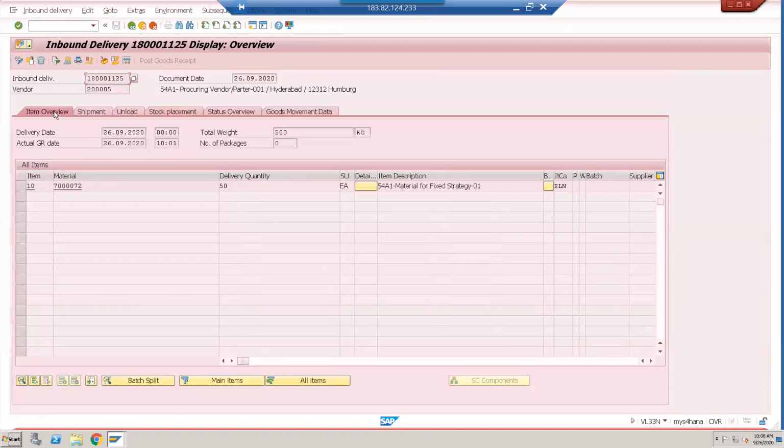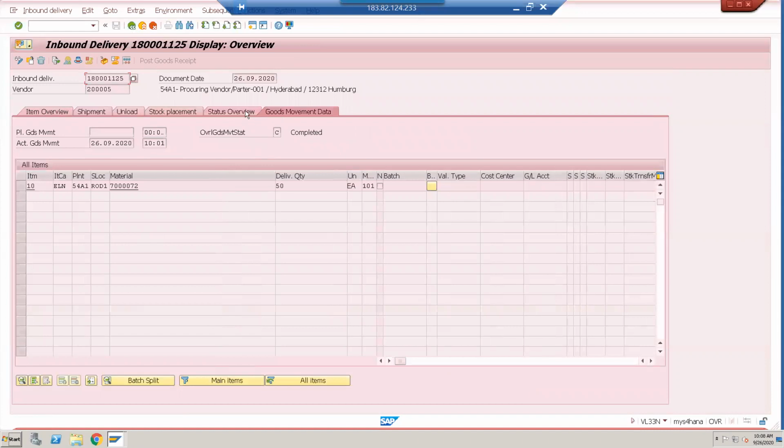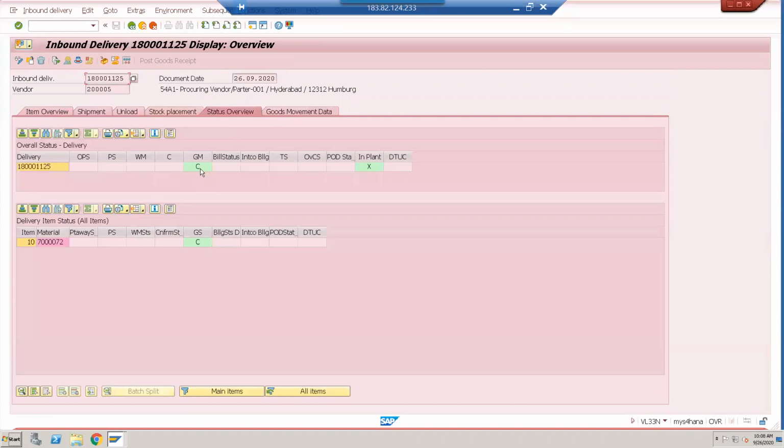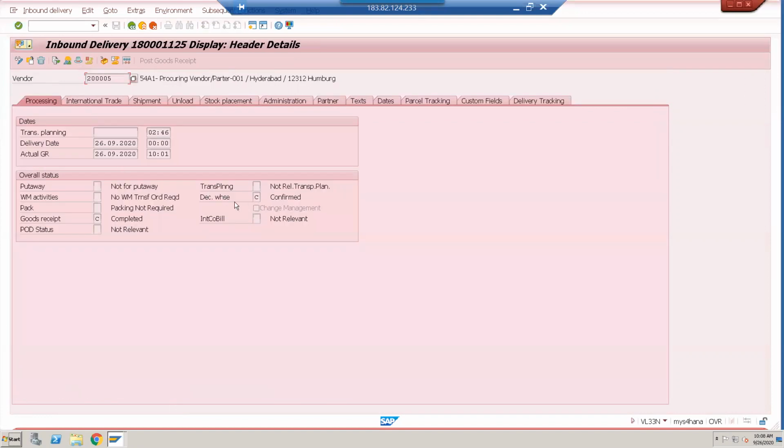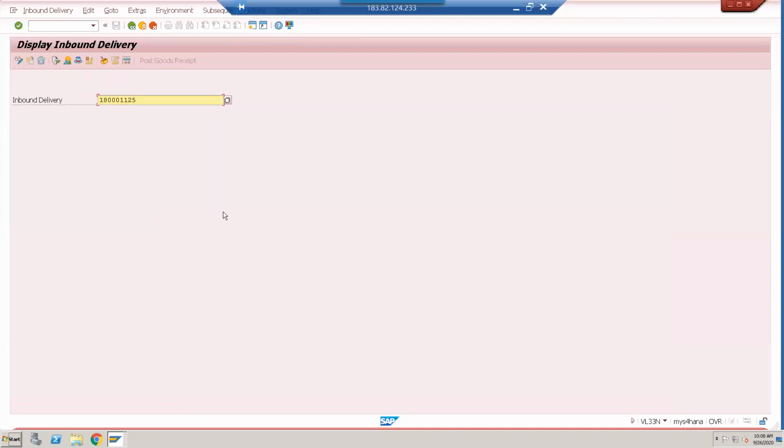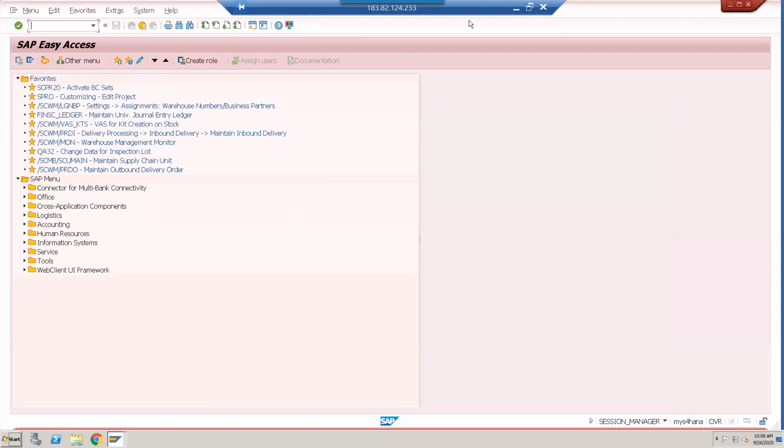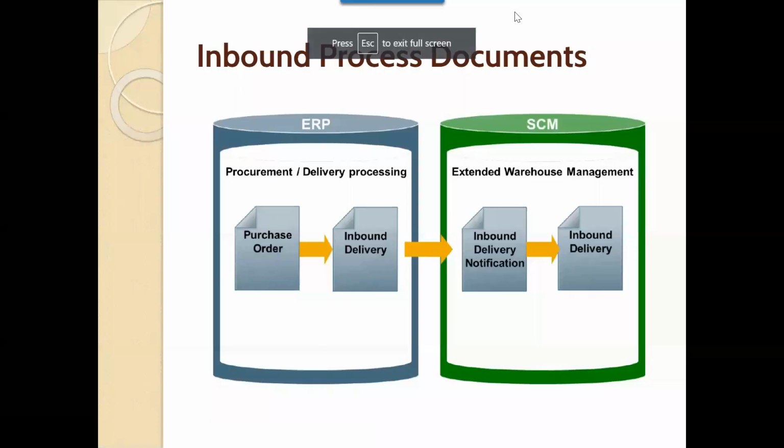So if you see, total 50 quantity delivered, goods movement status will be C, and delivery item status is C. And then you can also see the centralized warehouse status changed to confirmed. Goods receipt is complete. This ends the inbound delivery process. Okay, so